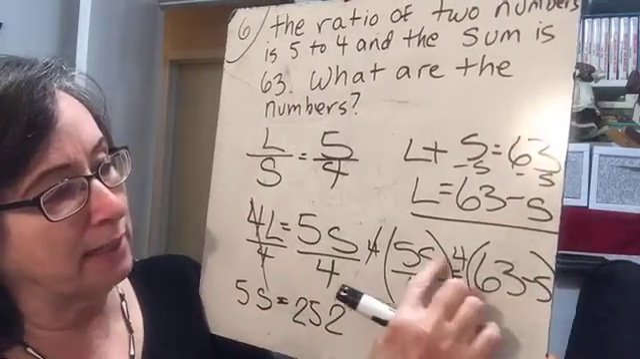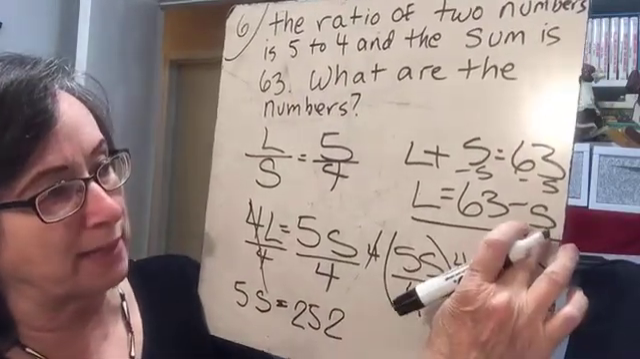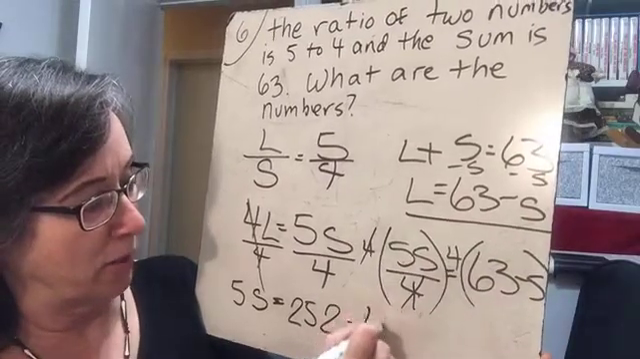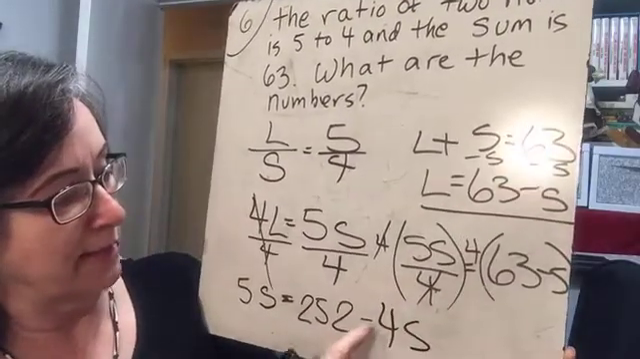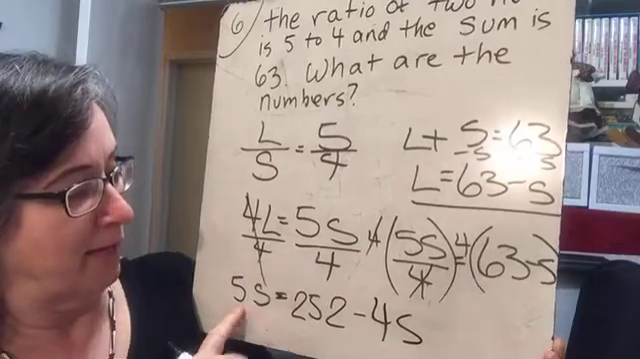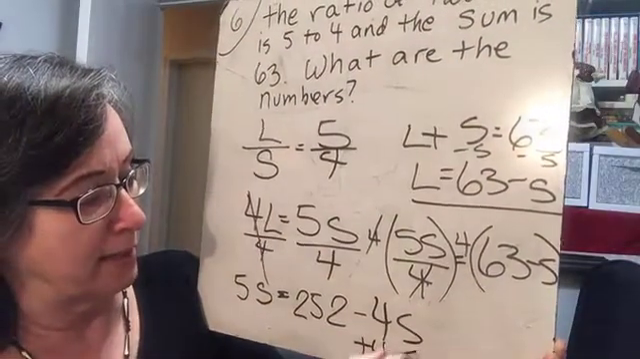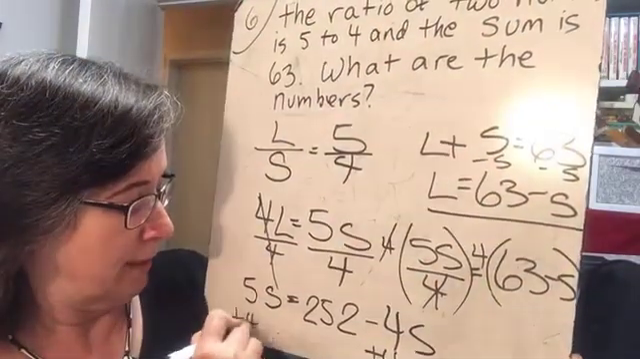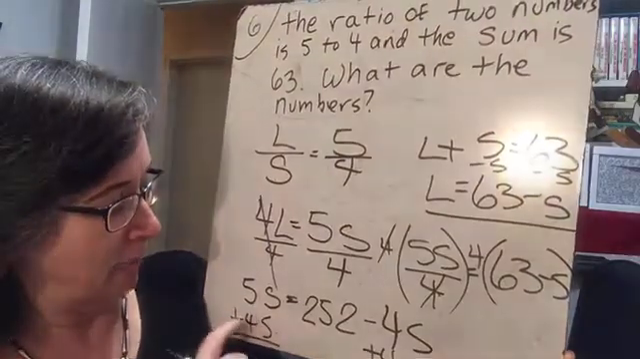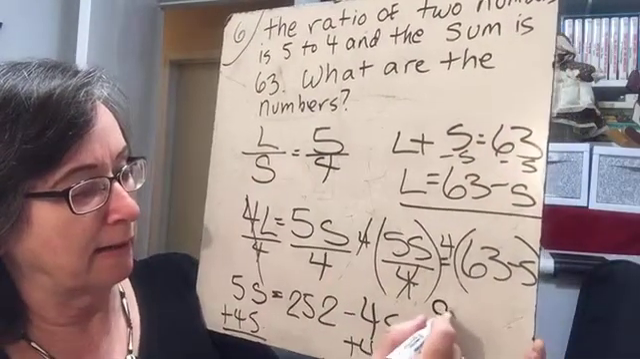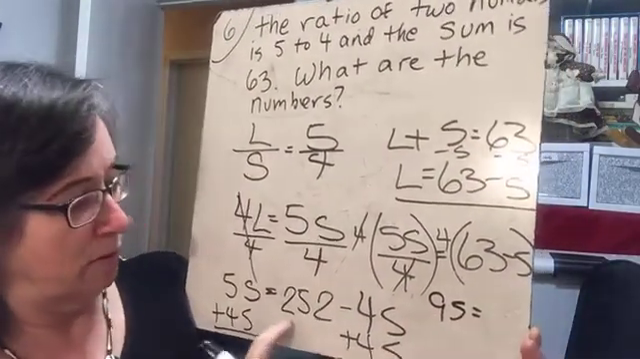And then minus 4s, because that, remember, is an s, not a 5. So minus 4s. So now, since I have a minus 4s and a 5s, let's just add a 4s to this side and add a 4s to this side. And I end up with a 9s equals 252,